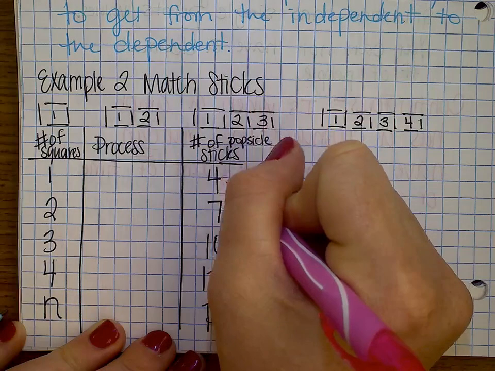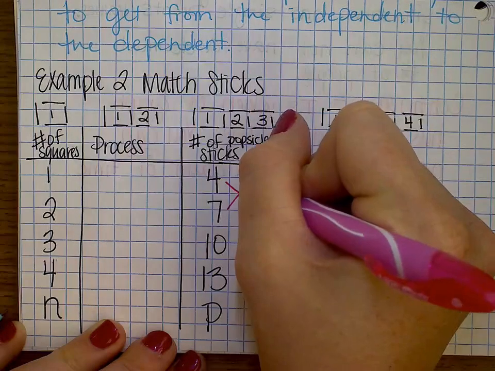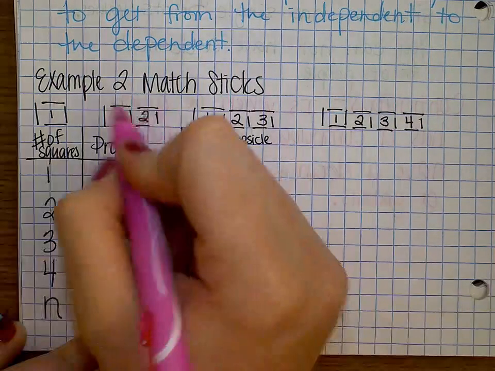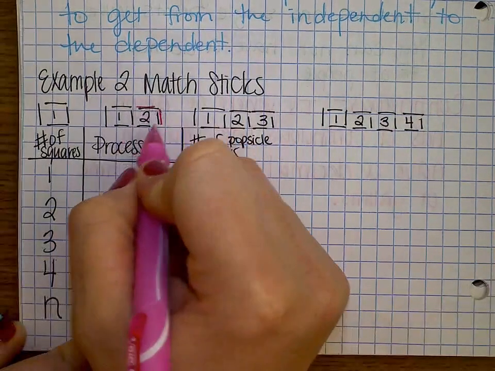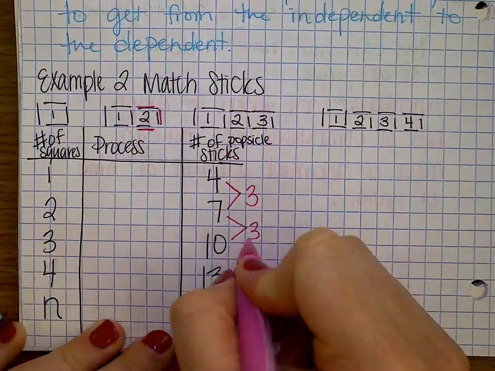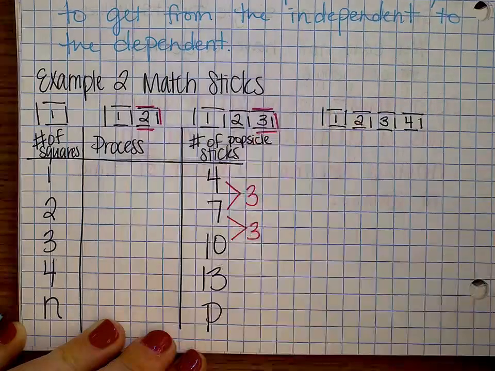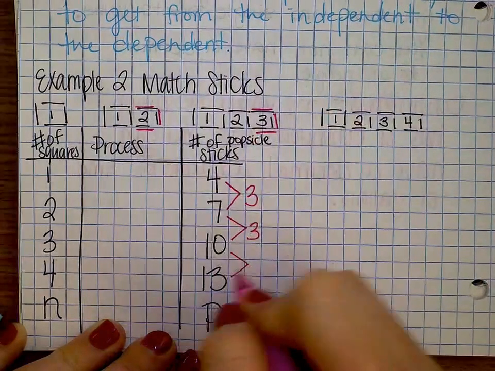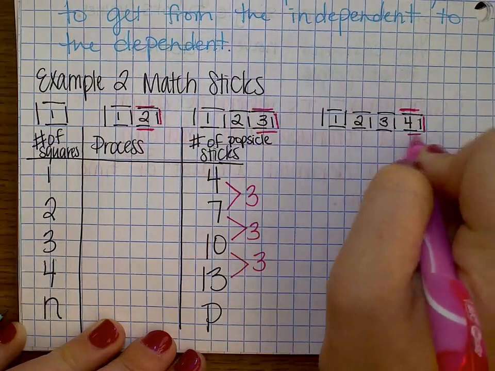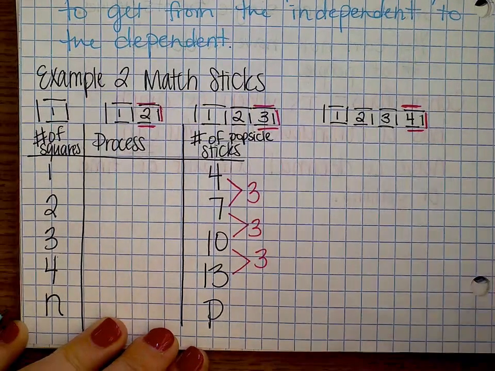So if we notice from 4 to 7, it increased by 3. There were 3 additional sticks. And then we have 7 plus 3 gives you 10. That's 3 additional sticks. Then we have 3 more, which is 3 additional sticks. So,